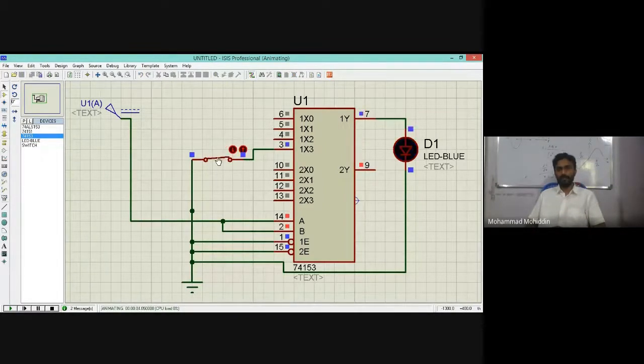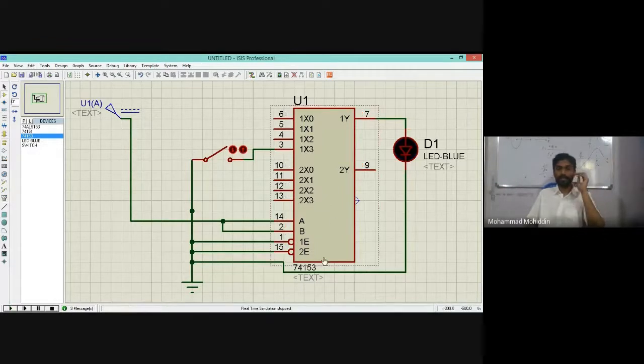It's working. Multiplexers are used to select the particular input out of many. So 2 selection lines, 2 power 2, 4 inputs will be there. If you have 3 selection lines, 2 power 3, 8 inputs will be there. If you have 4 selection lines, 2 power 4, 16 inputs will be there. However many selection lines there are, 2 power n inputs will be there. Okay? Here actually 2 4:1 multiplexers are there. So 2 4:1 multiplexers you can use.